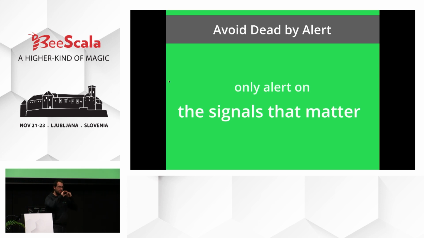So you should have all of this information to help you debug when something is happening, but you don't need to alert on all that. Only alert on the things that really matter to your users, so that when you get an alert, you will not dismiss it, thinking, yeah, it's again this thing that's always failing, and then in the middle of all of that, one day is going to be the one that you should have taken care of.